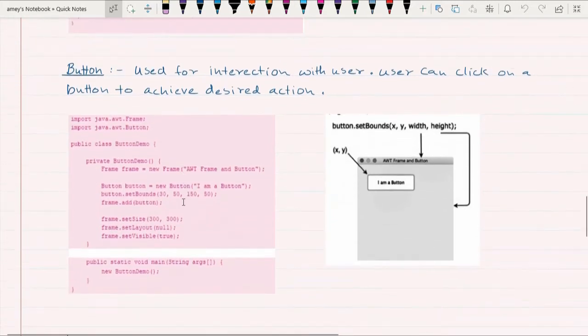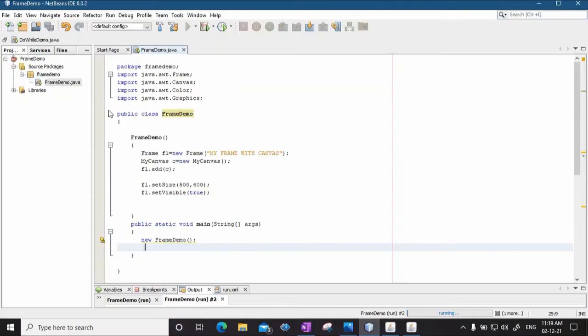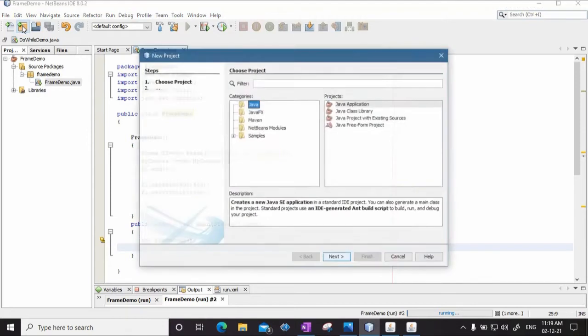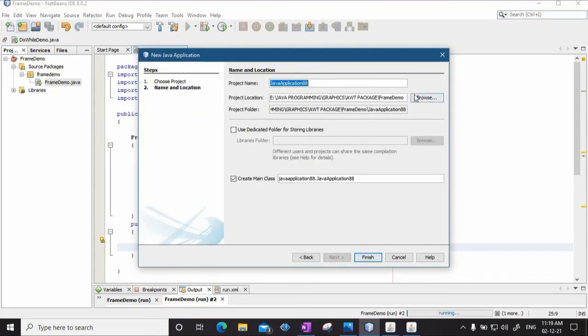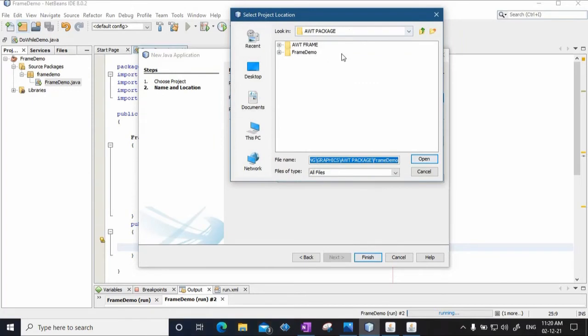Okay, so let us quickly see that particular demo. Let me create a new application. In the AWT package, let me create another folder, and I will say button demo.